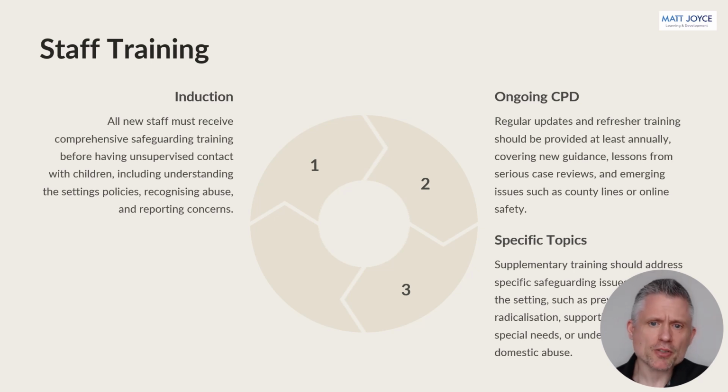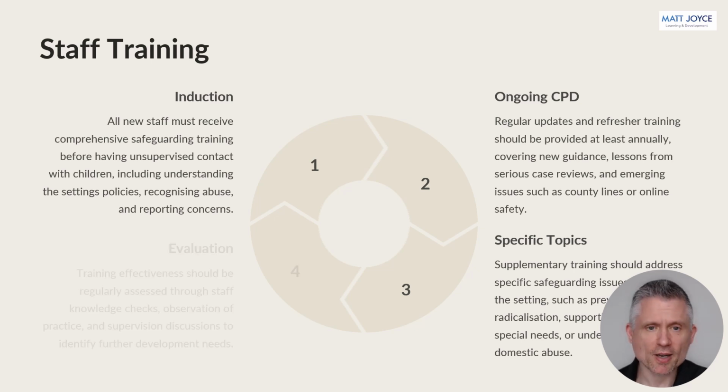Also, training should be provided in terms of specific topics. So supplementary training should address safeguarding issues such as the Prevent responsibility around radicalisation, or specific training in order to support children with specific additional needs. Also, training around topics such as domestic abuse, recognising how a child could be directly or indirectly impacted by domestic